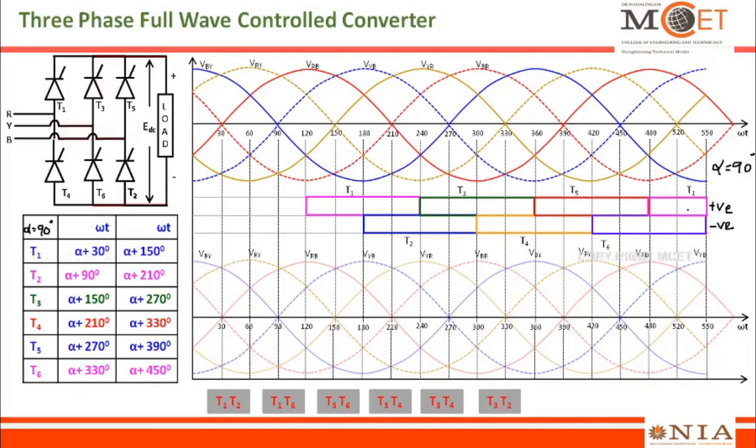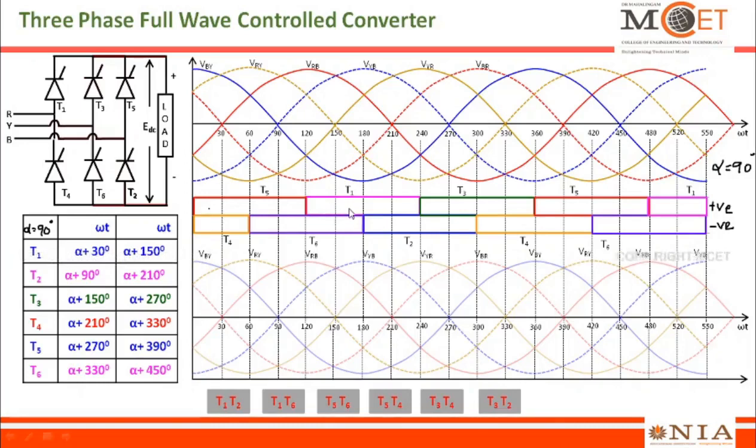So T1 will start at 480 and it will continue its conduction for another 120 degrees. If you look at before T1, T5 is conducting. So here I have 4 boxes for one complete SCR. Before T1, T5 should be conducting, so all these 4 boxes will be occupied by T5. After this, T2 should come, and before T2, T6 is there. T6 will occupy only 4 boxes, and before T6 I have T4, so these 2 boxes are occupied by T4. So this is the firing sequence of the SCRs for alpha equals 90 degrees.